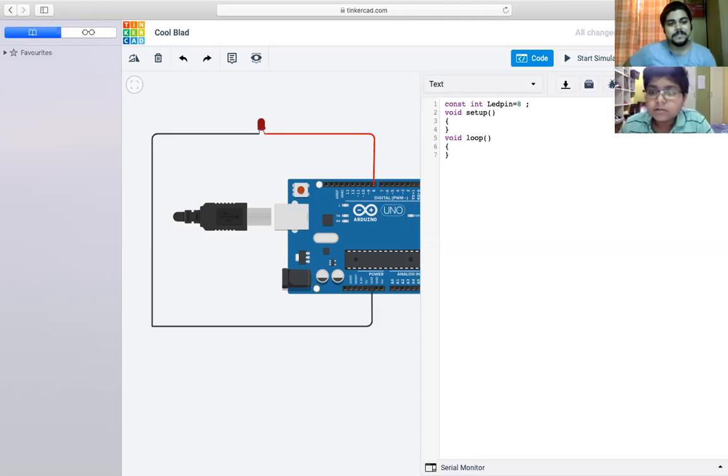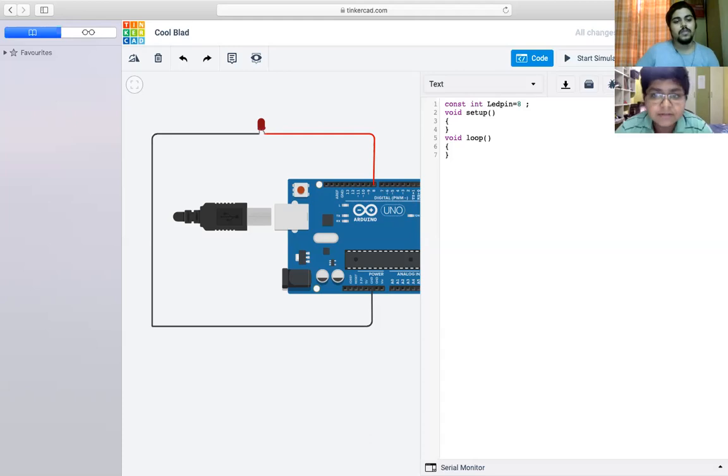Think once. It's a very basic thing in any kind of coding. If you do Python, if you do C language, if you do embedded C like this, whatever programming language you do, this is a basic thing of that programming language. See, the line const int ledPin = 8 ends over here. How can the computer understand? Whenever the compiler sees a semicolon, it will understand that the line is ending there.